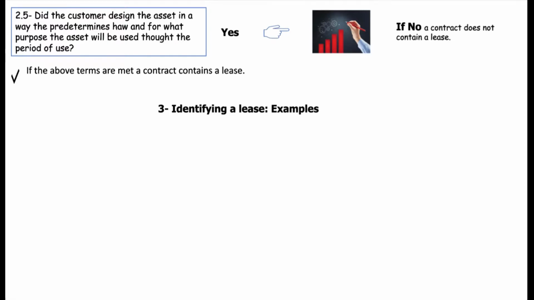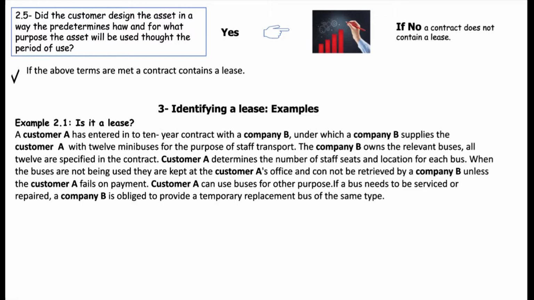Let us have an example on how to identify a lease. Example 1 says, is it a lease? So let's read the example. A customer A